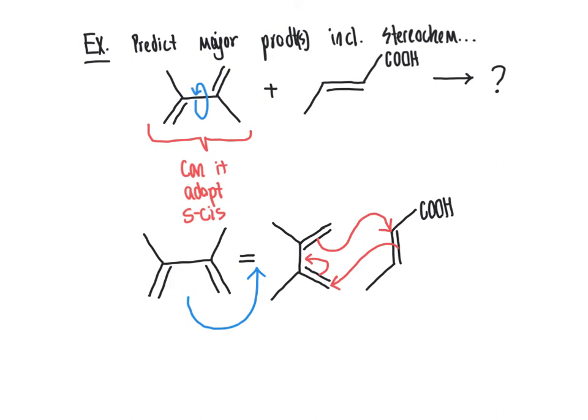So let's go ahead and draw out the product of this reaction. Plugging in my newly formed bonds in red here just for emphasis. So new bond here, and then we have the two carbons that originate from the alkene of the dienophile connected to the carboxylic acid COOH group, methyl group, and then don't forget that that six-membered ring needs to have a carbon-carbon double bond right here where I've drawn it